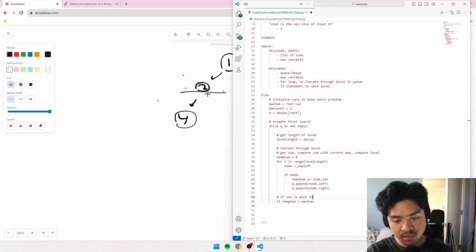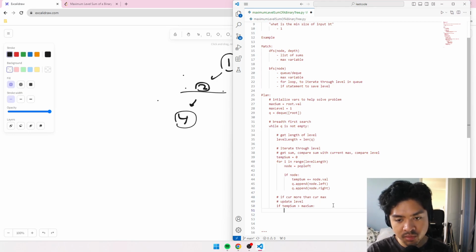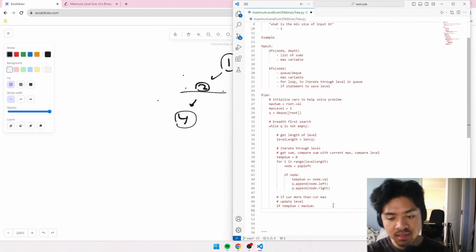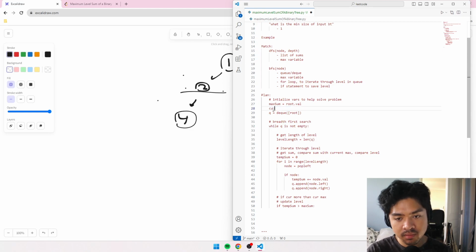If sum is more, if cur sum is more than max, then cur max. We need to update level. So we need to update the level. Oh, we're not keeping count of the level. I guess we can say cur level equal to 1, right? And then